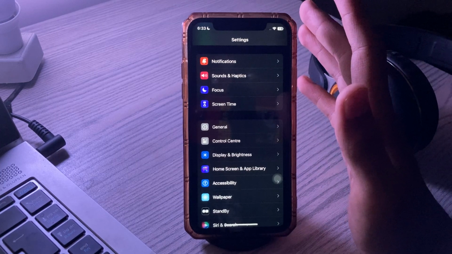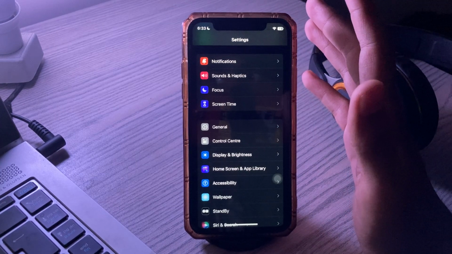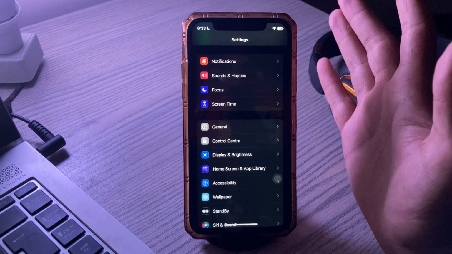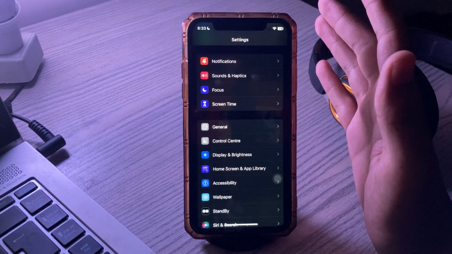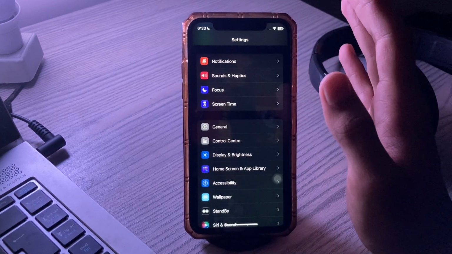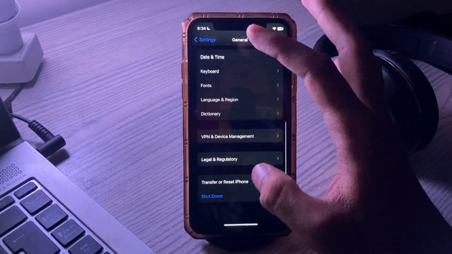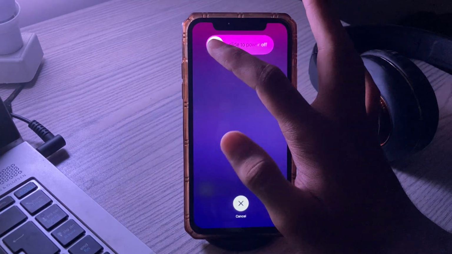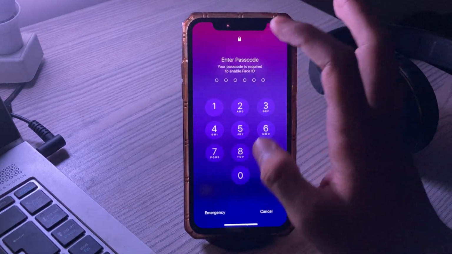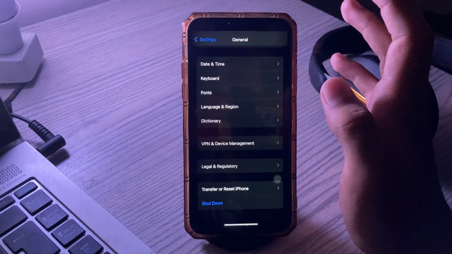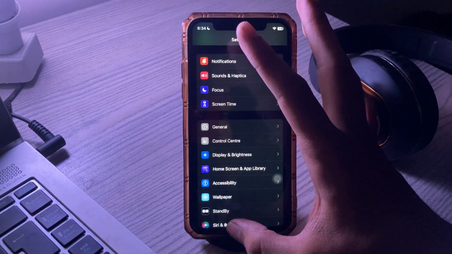If the above setting is enabled but search is still not available at the bottom of your home screen, then restart your device. A fresh start should flush any iOS 17 glitch. For restarting your device, simply tap on General, scroll down and tap on Shut Down. Shut down your iPhone and then restart it 15 to 20 seconds later. After restarting your device, if you're still facing the same issue,